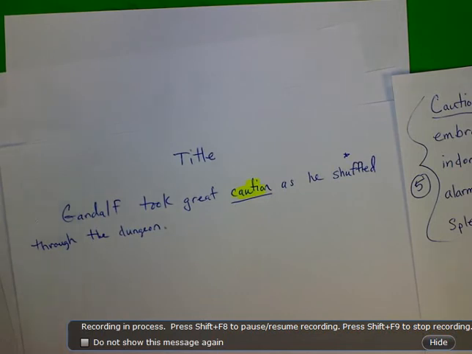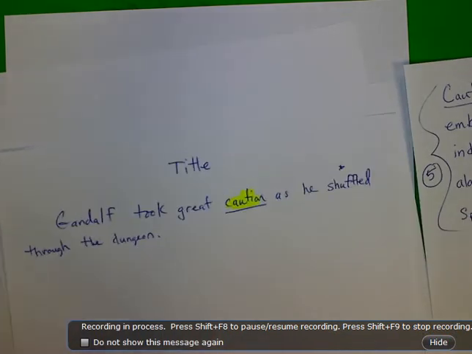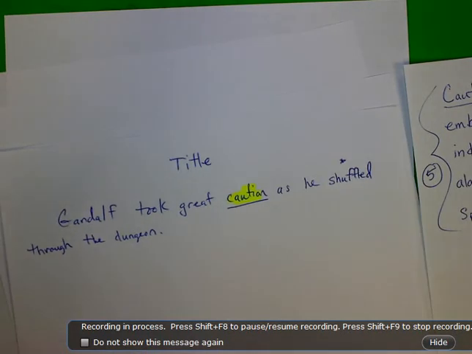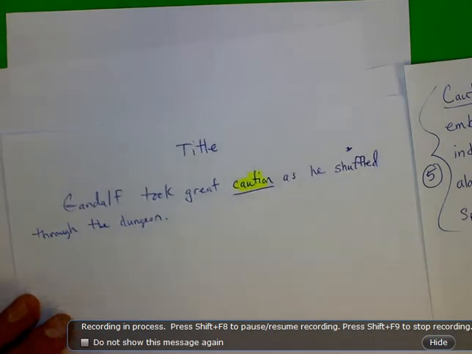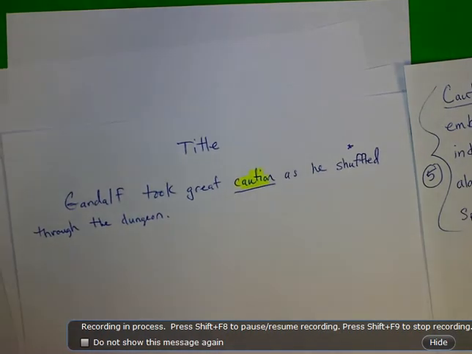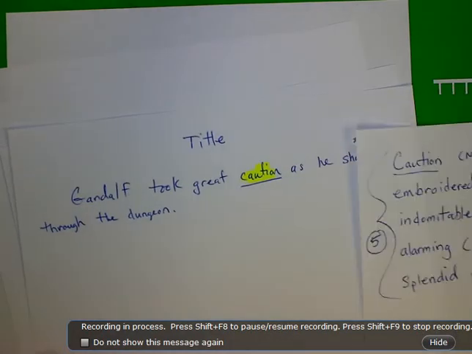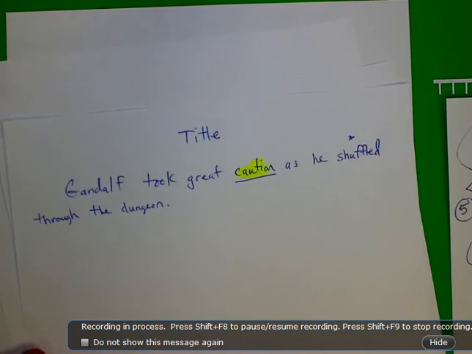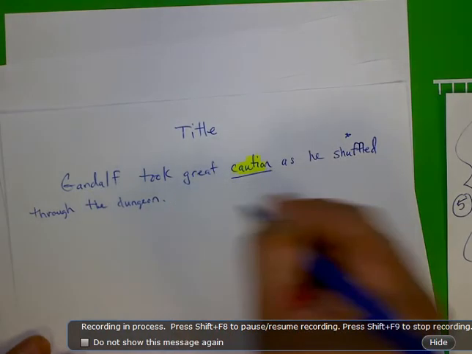So I'm a big fan of writing and then rereading, and then if I need to do any editing, I can kind of wait till the end, and I'm going to proofread always before I turn in that final draft. Gandalf took great caution as he shuffled through the dungeon. Now my next word on the list is embroidered. I don't have to use it right away. This is a story. I can use it anywhere I want. So what happened next? We're working with suspense, so